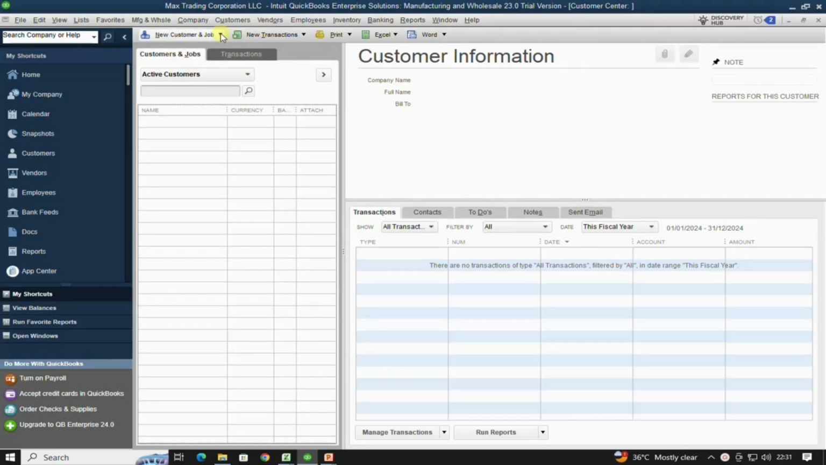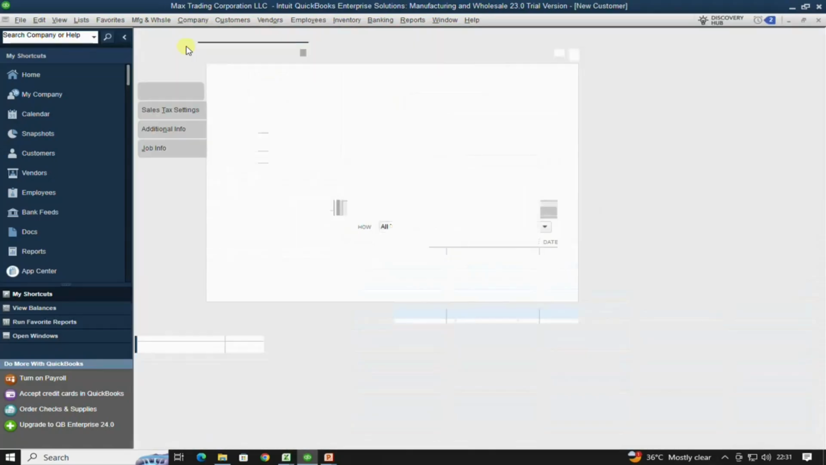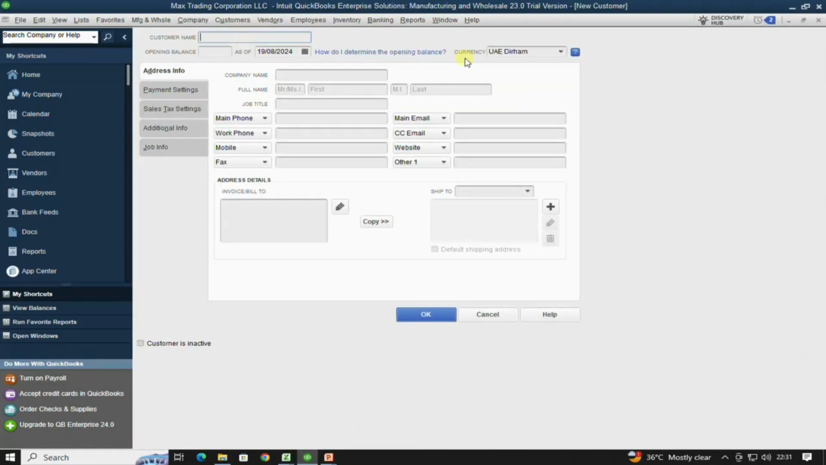On the top of this screen you can see one option, new customer and job. Just click on the drop down arrow, and here the first option, new customer. Choose this option. It will open one form. So fill this form. My customer is Smart Care LLC. When I press tab, it will come to the opening balance. If I have any opening balance from the old software for this customer I will mention it. Suppose I have to receive 5050 dirham from this customer, and this balance as of which date I can mention,